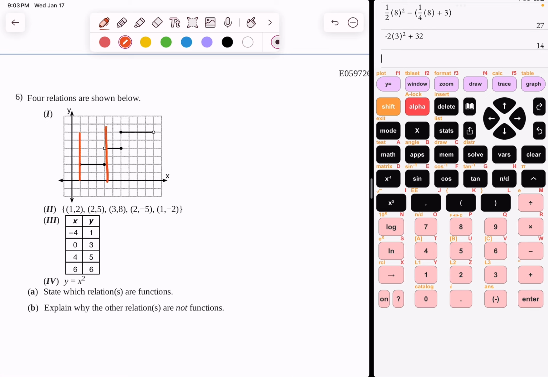Ooh, right here it looks like it could be a function because remember we don't count open circles, so it only crosses through once. But then if I go like this, it's crossing through twice. So that would not be a function. So 1 is not a function